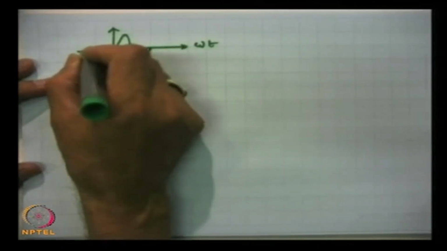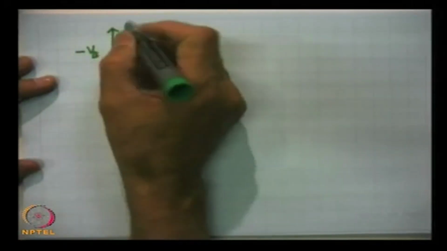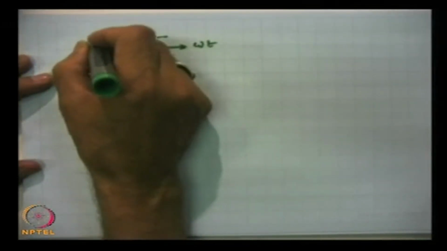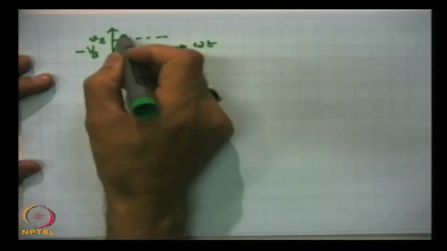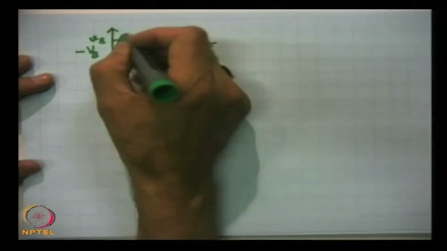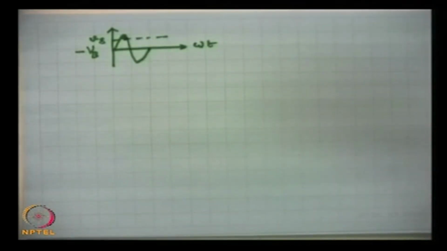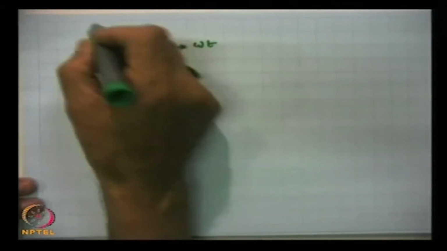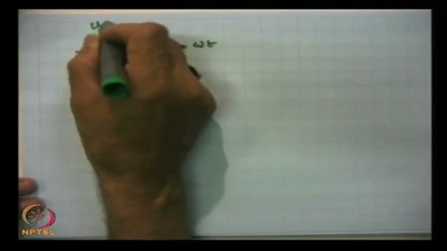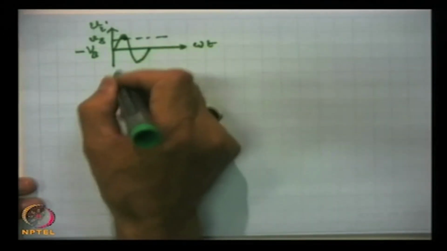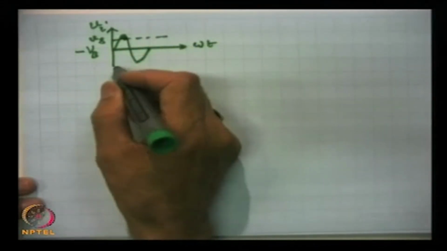This is where we have biased it, and this is V s. Only this portion will make the emitter base junction forward biased. This is V I correspond, and this is, let us see,